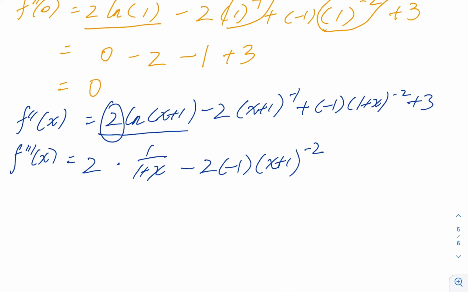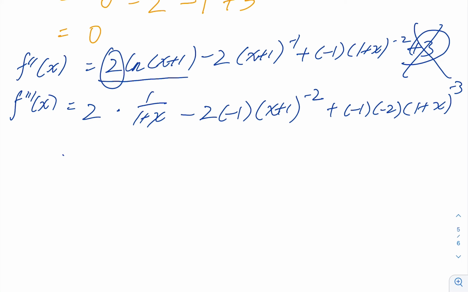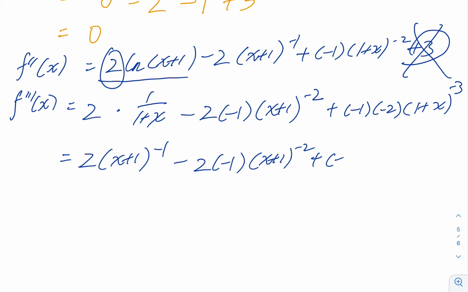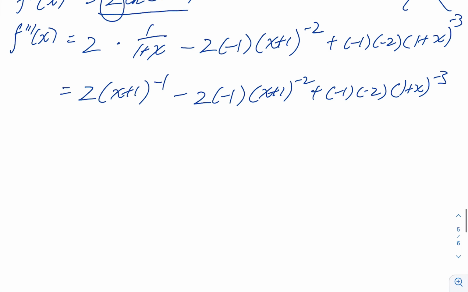Then this is a chain rule. Yes, this is a chain rule. Then plus minus 1 times minus 2, 1 plus x to the power of minus 3. And this plus 3 here, ignored. It's not useful. Okay. Now, we have this pattern. Can you see? If I keep differentiating, this is going to be something like